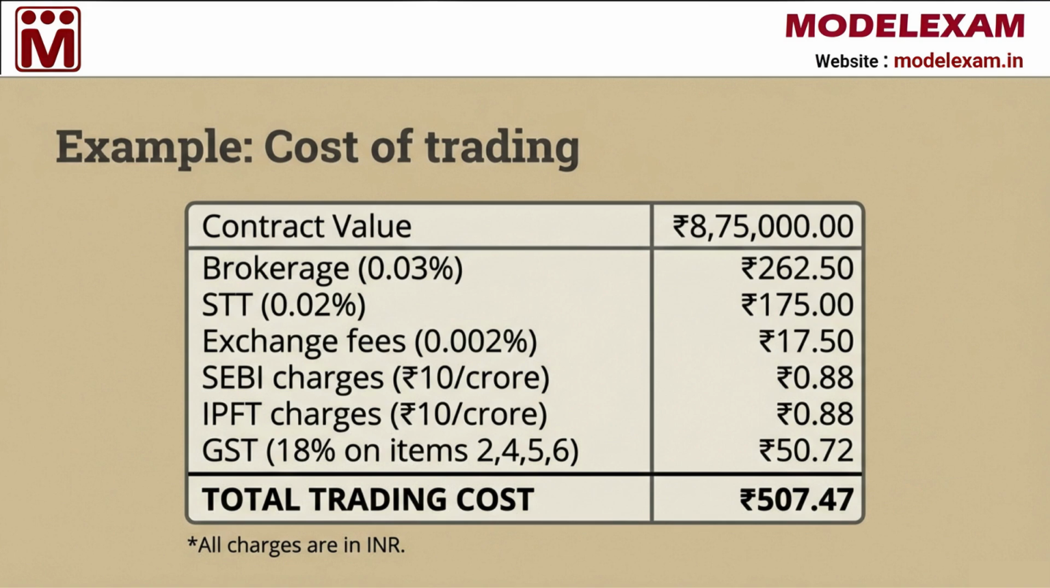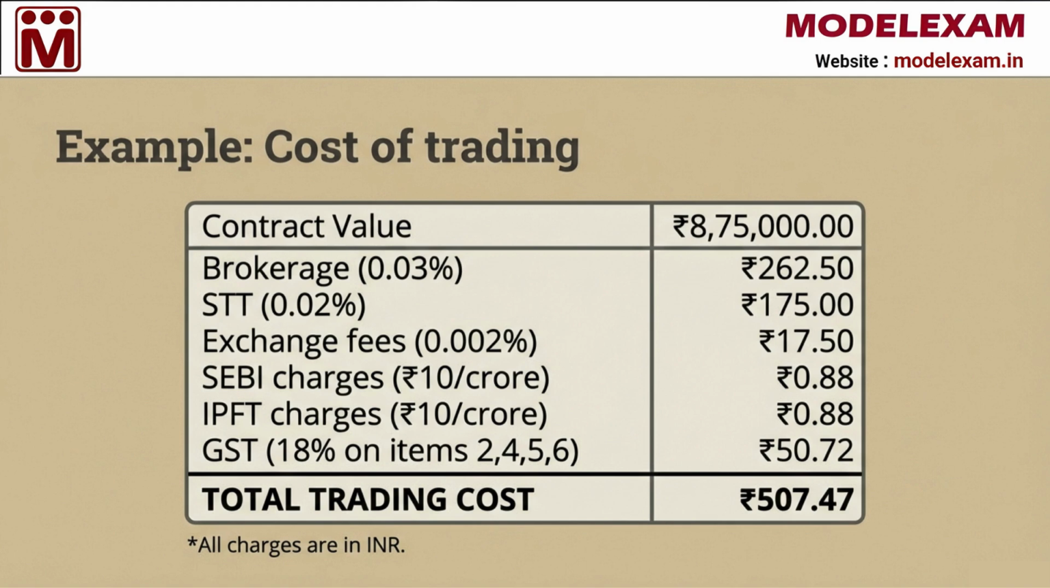For a contract value of 8,75,000 rupees, the brokerage at 0.03% is 262.50 rupees. The STT at 0.02% is 175 rupees. Exchange fees at 0.002% are 17.50 rupees. Both SEBI charges and IPFT charges at 10 rupees per crore come out to 0.88 rupees each. When we add the GST of 18% on those combined fees, it is 50.72 rupees, making your total trading cost